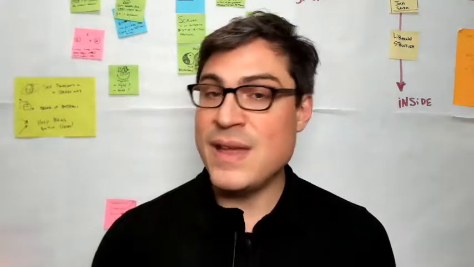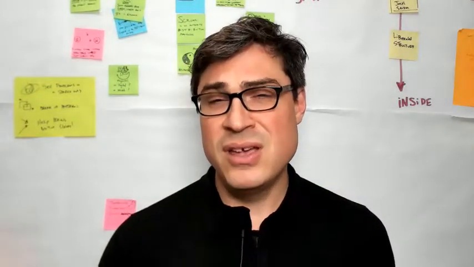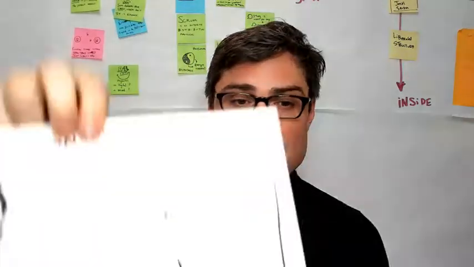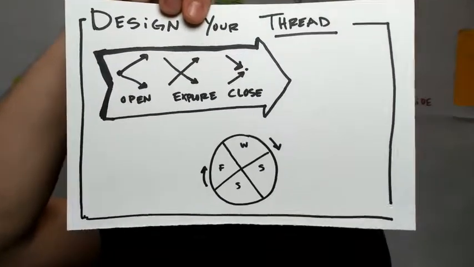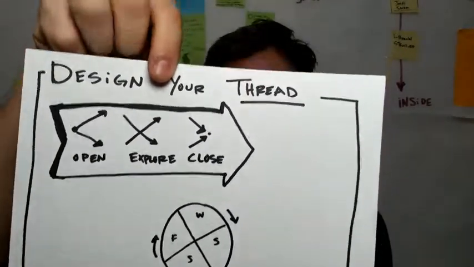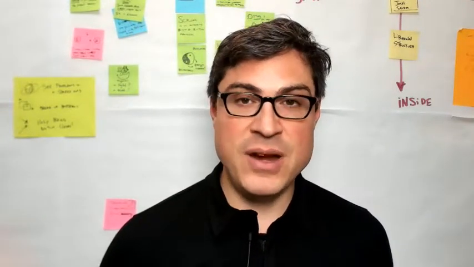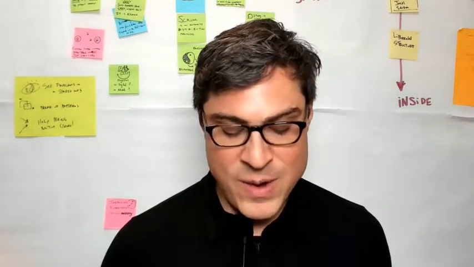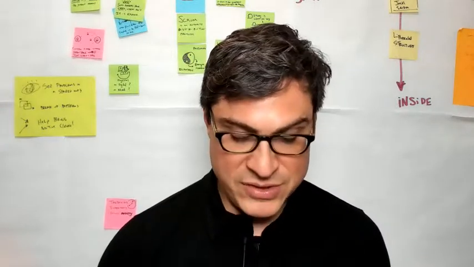And so I put that stuff up there, and I'll make my entire room divided into open, explore, and close, just to reinforce this idea of making sure that we're making space for those three modes. The other thing that I have up there is the seasons model, which I've talked about before. The seasons model is a way of making sure that we're giving time for reflection and celebration, for inspiration and evolution of ideas. I'll link to this as well. It's something where it really can thread together all the different moments of a conversation.